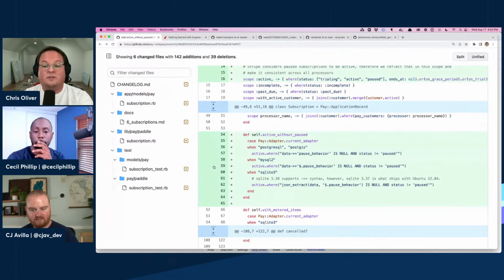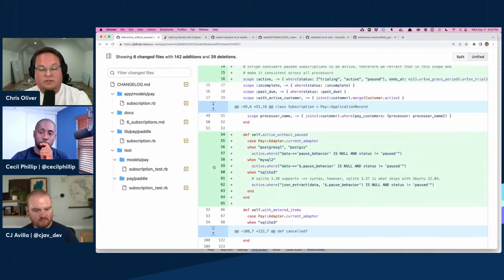some payment processors don't even support pausing at all. So we've leaned on things that are not very often queried. We'll put them in the JSON column. In this case, maybe in the future we will add a migration that will move this to a pause behavior column or something like that. But not everybody. Sometimes it's just pause is true or false. Stripe has multiple options for that. So we have to make sure that we don't go too overboard on tying it to one specific implementation because we're trying to abstract this stuff. So this has been our solution for now, because this, I think, is maybe one of the only things that we actually have to query